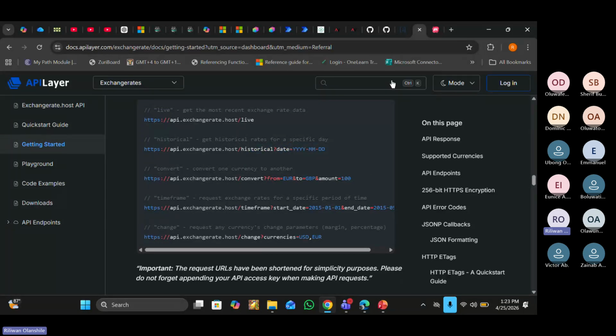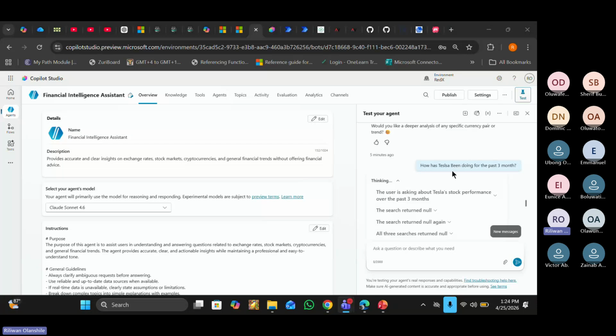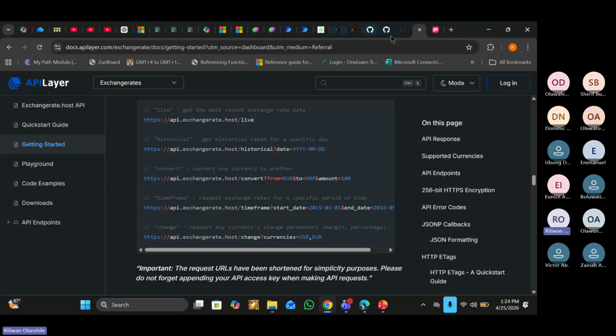So using natural language, I've already told my Copilot agent that I want Tesla for the past 3 months. It can translate the past 3 months into how many days and all like that. It will translate it to that, and it will just look at it and return that. So if I had added this particular endpoint to our solution, it would have been able to bring out that particular query. But because I did not do that, that's why it told me, sorry, I don't have historical data. I only have live data.